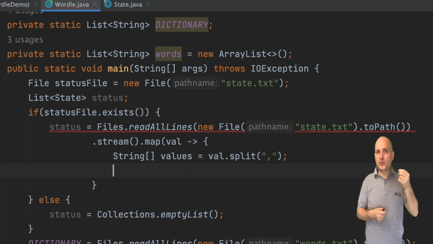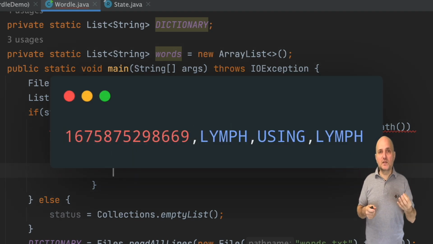Each line includes several strings separated by a comma, so we can break that string down to a string array. The split method of the string does that for us. It breaks down the string based on the commas, so we can get individual strings. So for a string like this, we'll get an array of the 4 strings without the commas.